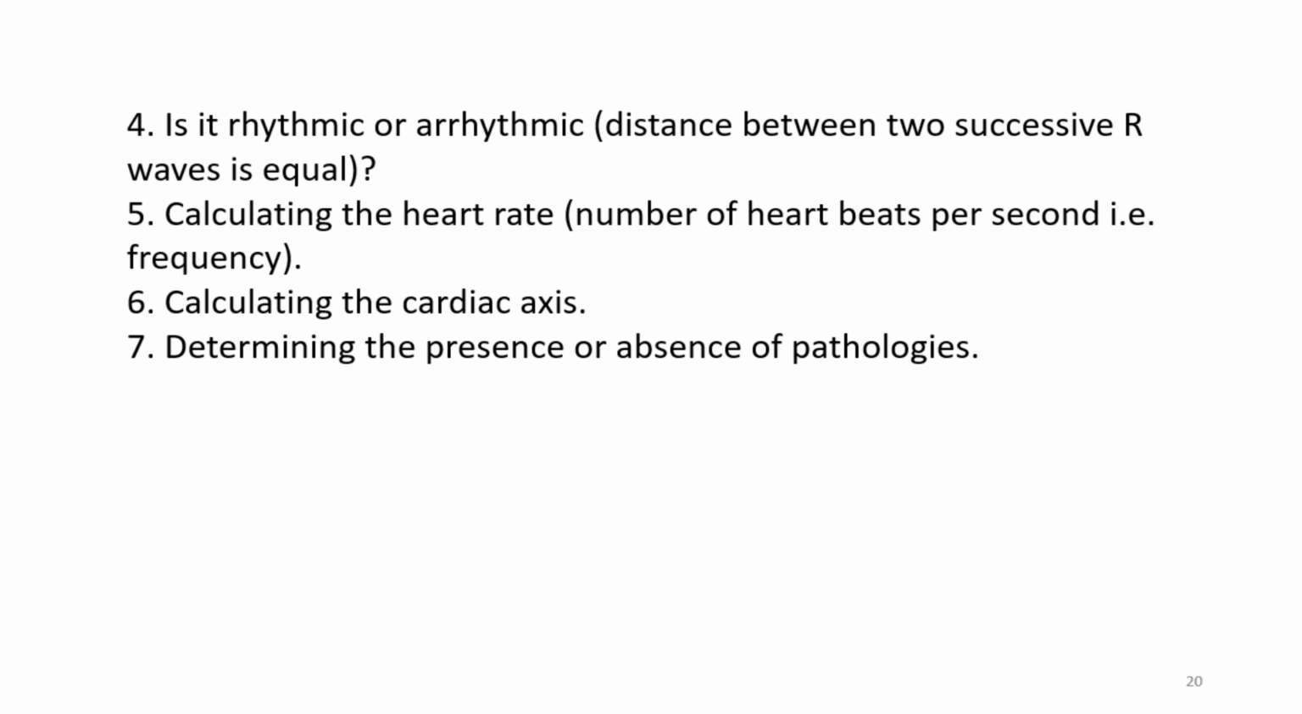Is it rhythmic or arrhythmic? Calculating the heart rate is important, and cardiac axis should be calculated using at least 2 limb leads. Maybe D1 and D2 generally are used, and normal axis in an adult is about 59 degrees, but it varies quite a large range. And to determine presence or absence of pathology,